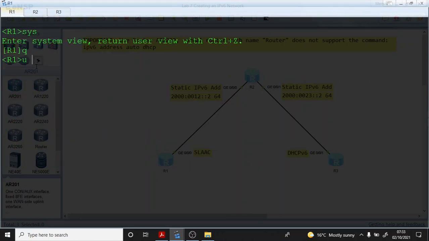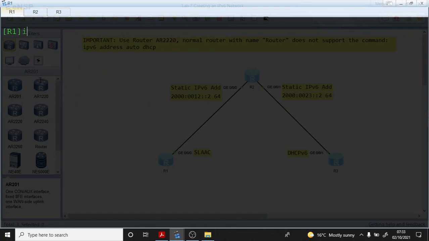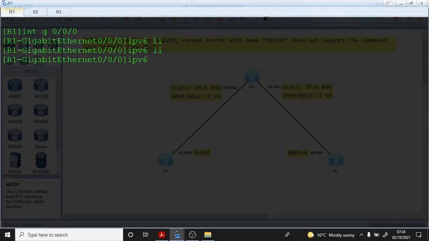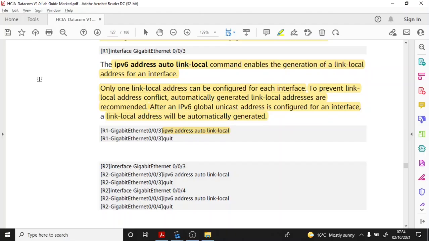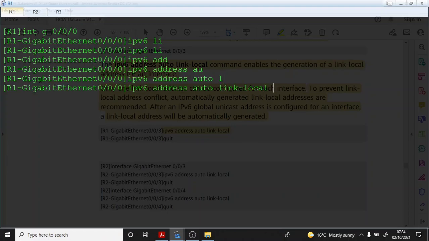Okay, system-view. Here we want to go to interface G0/0/0. Then we use the command ipv6 address auto link-local, like that. So that is the command. Enter,